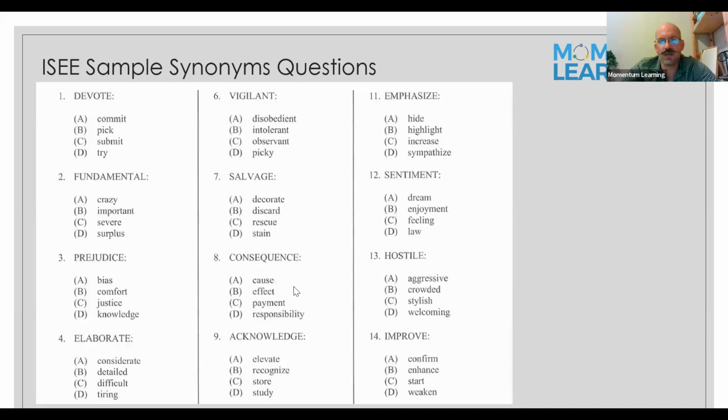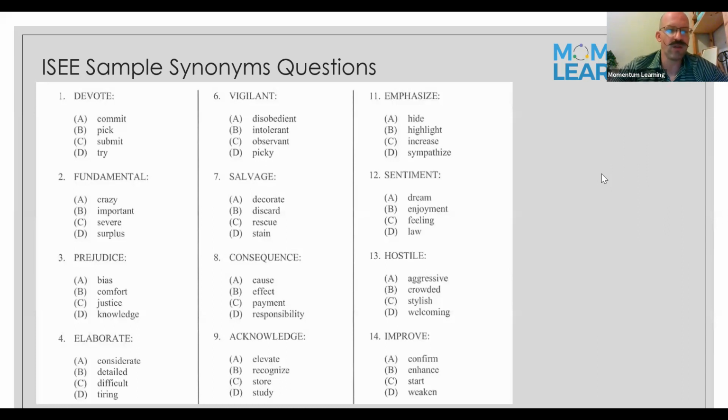All right, so here is a sample of these synonym type questions. These are questions that we'll be breaking apart in class, and we'll use these to practice test-taking strategies to get rid of wrong answers. We'll also be implementing some game formats in order to accrue points and also do quick response.